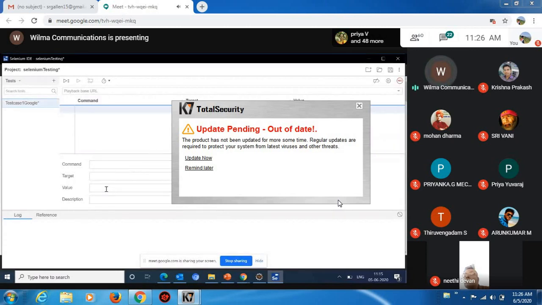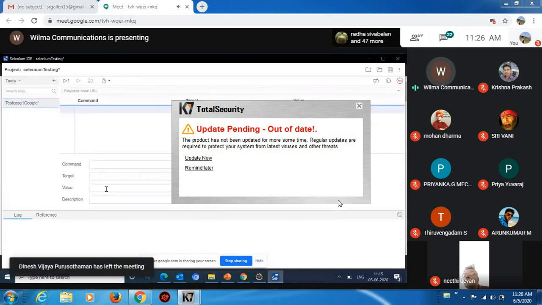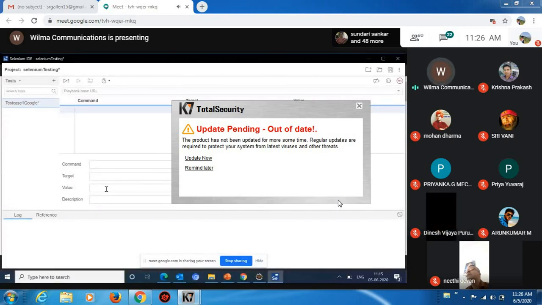Here we are not going to write any code. Instead of that, everything will be commands. These commands can be written manually, or we can also use the method called record and playback. Once you open this GUI part, on the right side you can see an option called start recording.